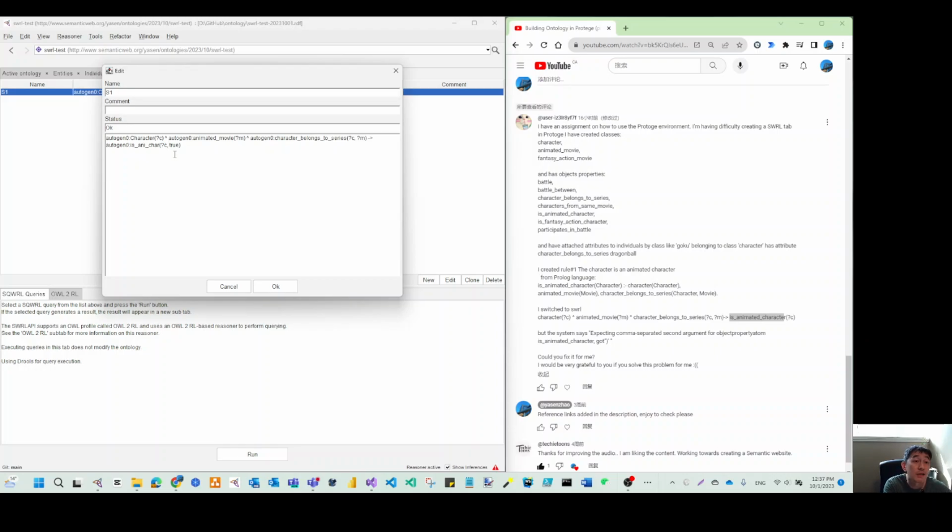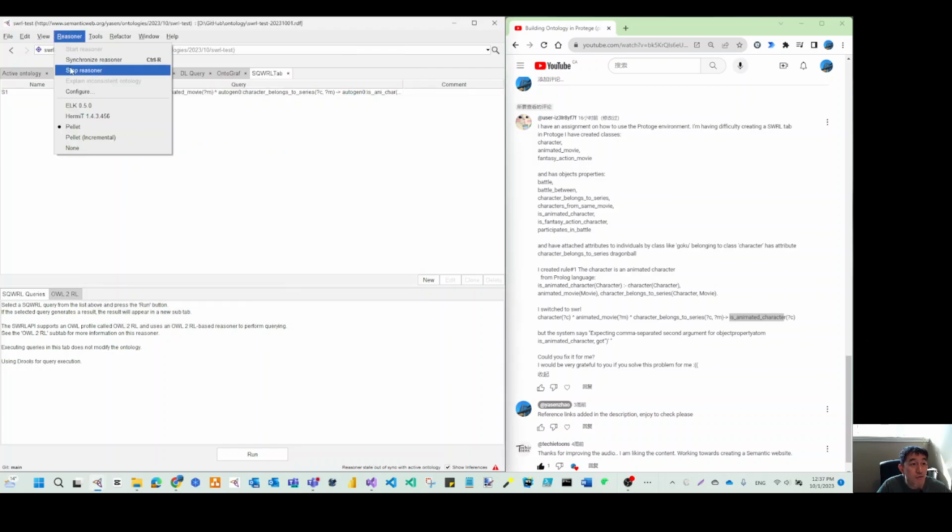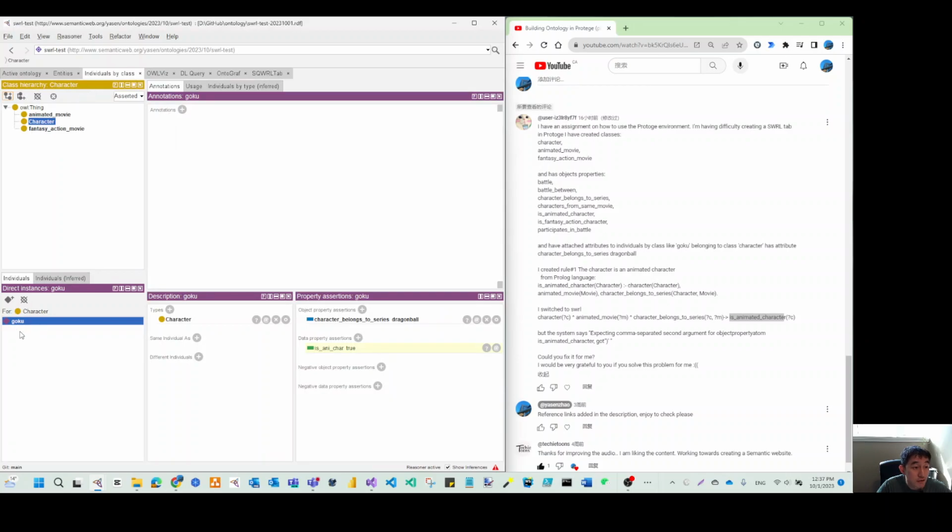So we want to see true. Then I will make this just a kind of hard coding. But after you run the reasoner, you can see your individual Goku, this is the inferred axiom, and it does not impact your Dragon Ball. So within Dragon Ball is nothing, and the character is this one.